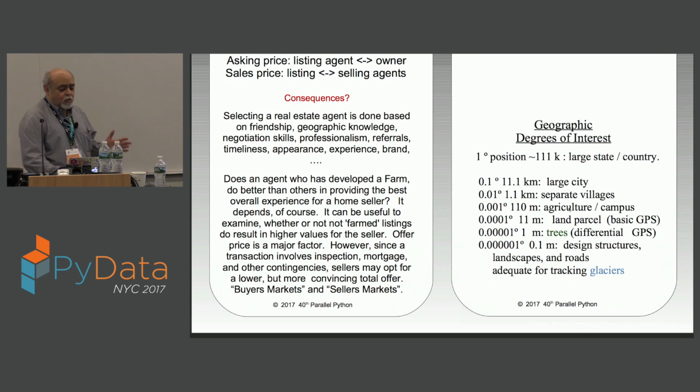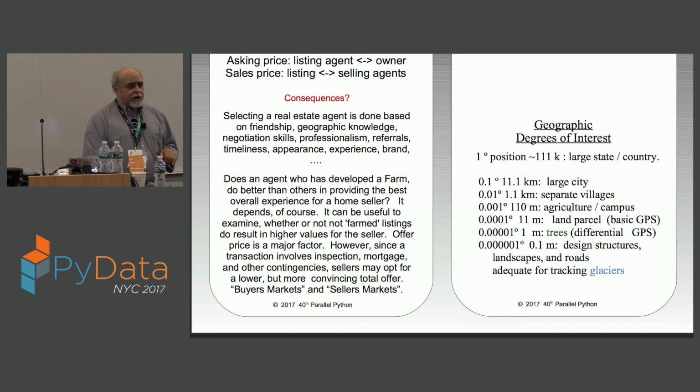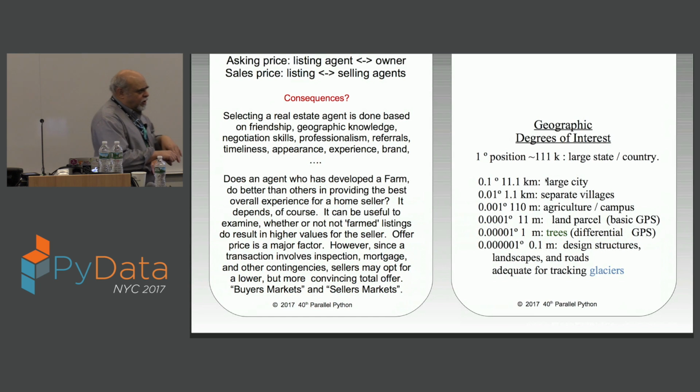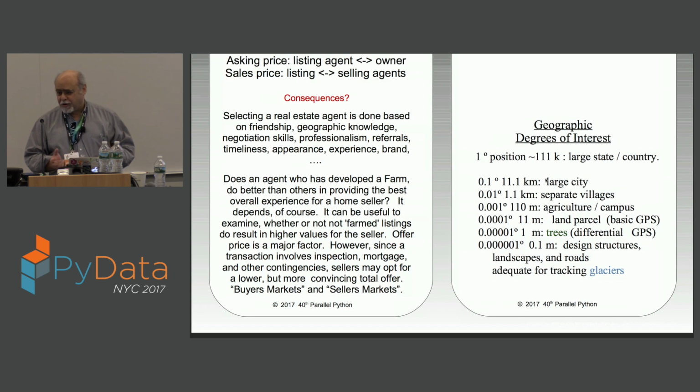Okay, so this talk is about looking at a different slice of the data. We'll take a look at the Zillow slice very briefly in just a moment. We're going to be looking at the notion of a farm, a realtor farm, looking at the realtor as a key ingredient in the pricing structure as well. In order to determine what a farm is, knowing your area of geography is important, knowing your longitudes and latitudes is really important, so you know whether or not things are close enough to constitute a cluster. That's what I'm calling a farm.